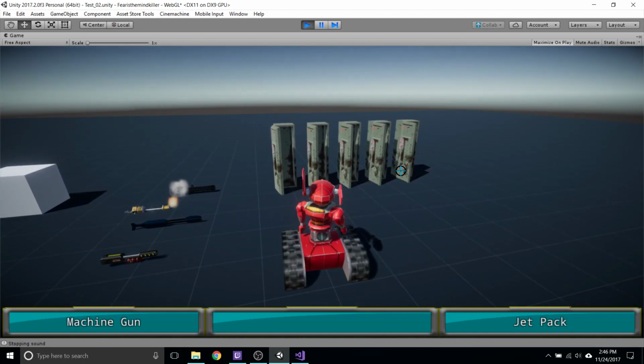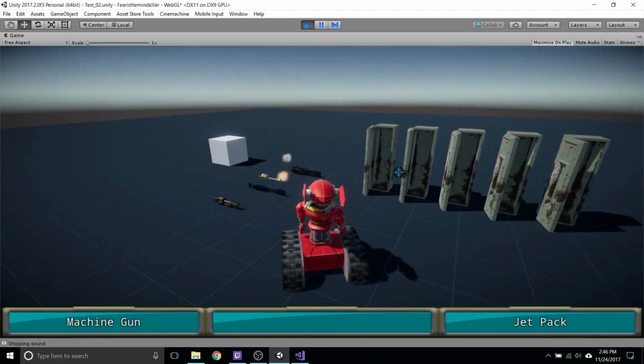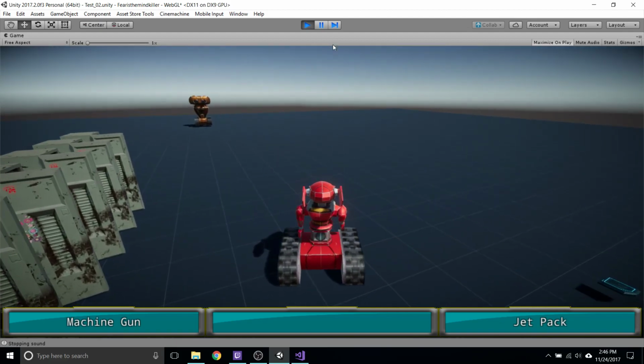How all these items are pulled in from the JSON files. So yeah, I guess that's it for now,